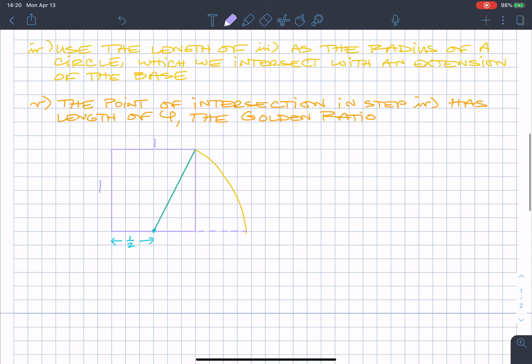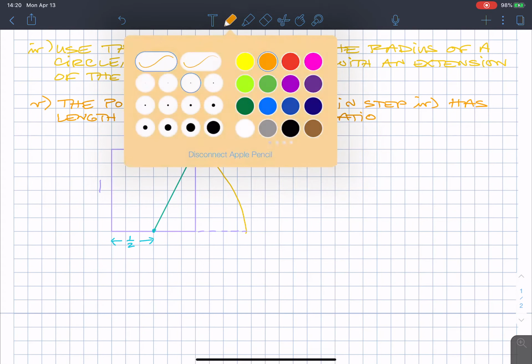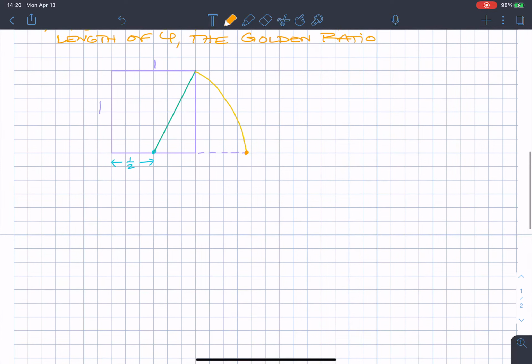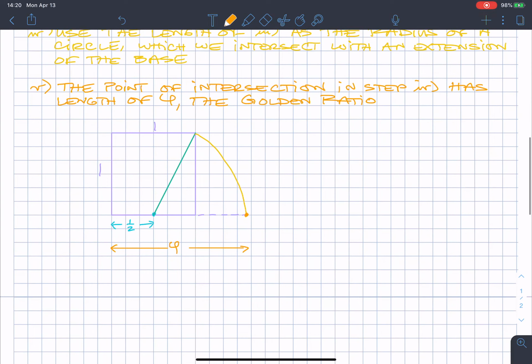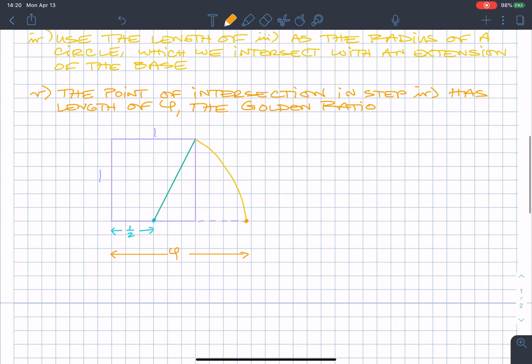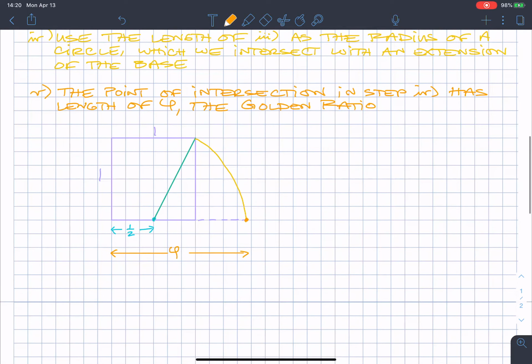Okay. The point where these intersect has length phi, which means the golden ratio is the length from this point of intersection to the edge of the square. So that is the golden ratio. But we need to find out what the length of that is. So let's note,